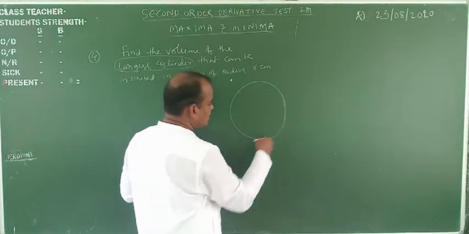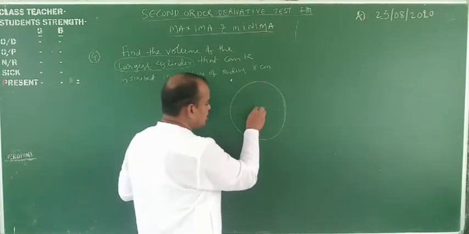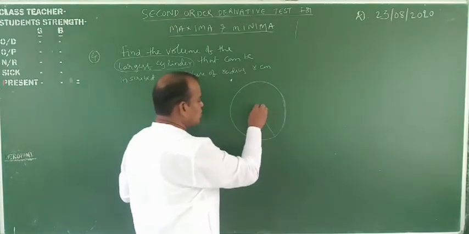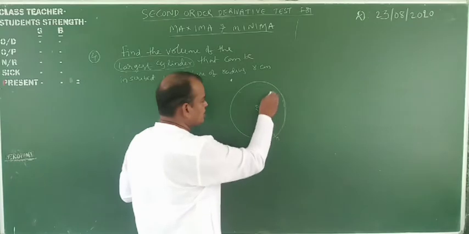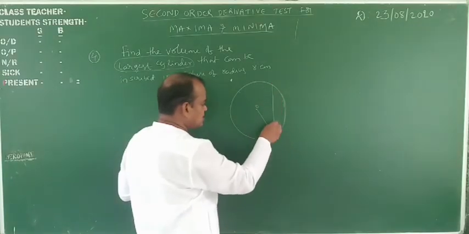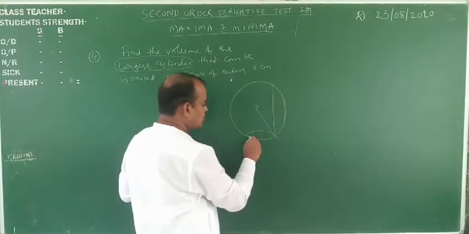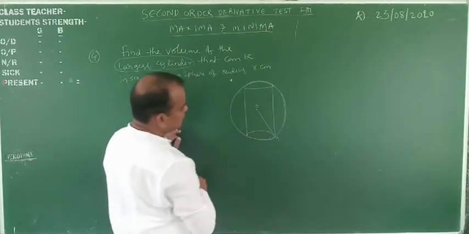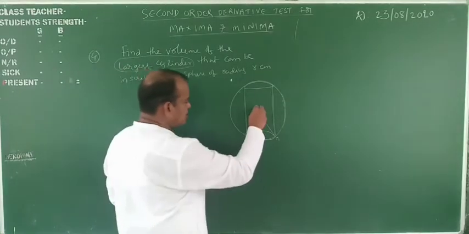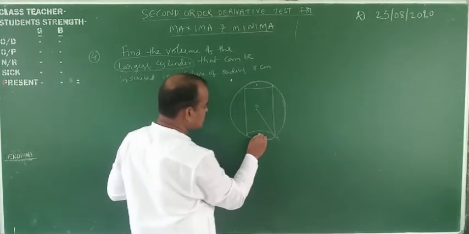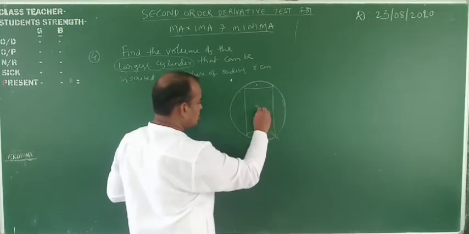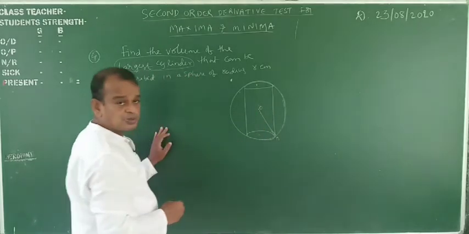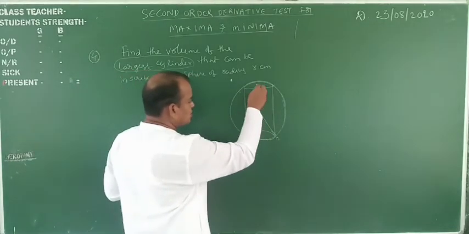Here observe that this is the sphere. The radius is clearly given, radius is small r. For suppose this is O, for suppose this is A, this small r is given. Now in this one inscribe the cylinder. You know that the cylinder is in this form. Okay, here this is the cylinder. Now this is the radius, for suppose this is OB, the center of the sphere.